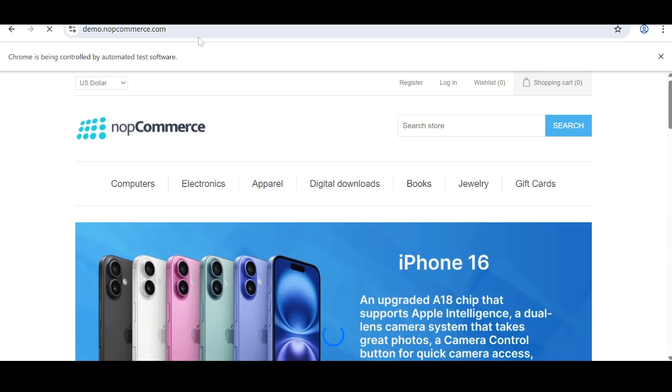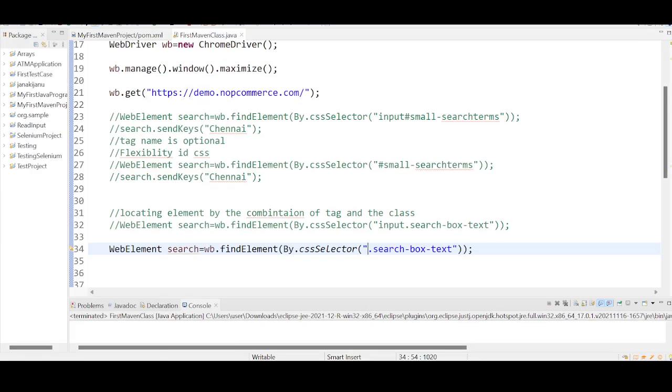It is working actually. It is taking some time. It will get populated. Okay. We will look into the next example, next rule,